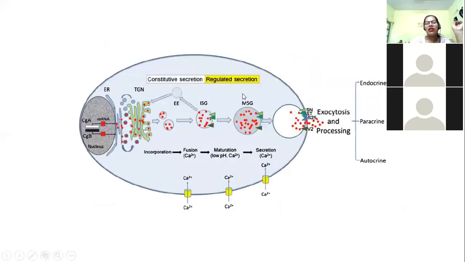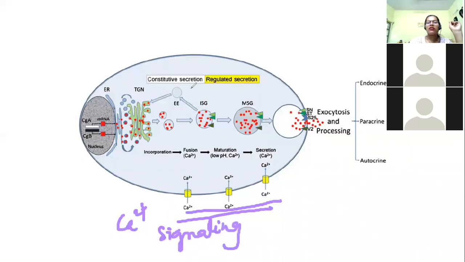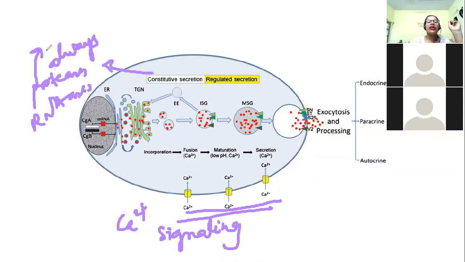So one figure is given, in which you can see that both constitutive and the regulated one is there. So these are the regulated ones where you can have the calcium 2 plus signaling. Then you have got the constitutive secretion. It means such proteins are always required. One example is your proteases, the other one is RNases. Proteases for protein degradation, RNase for RNA degradation. And that's why many a time, even though you are exposed to so many viruses at a time, you are not getting a viral infection, because the RNases present on our skin are killing the viruses which are weak.